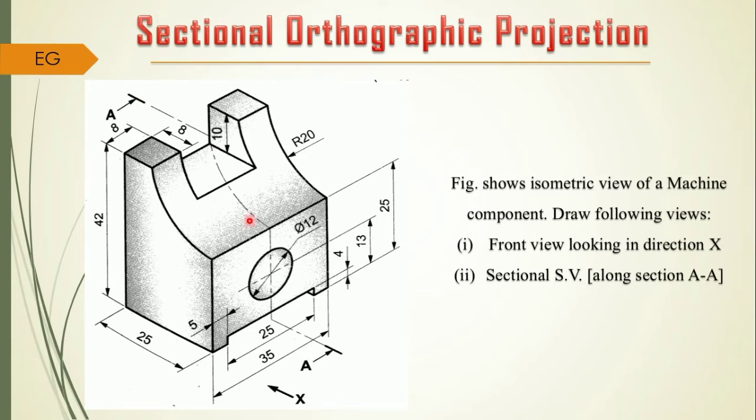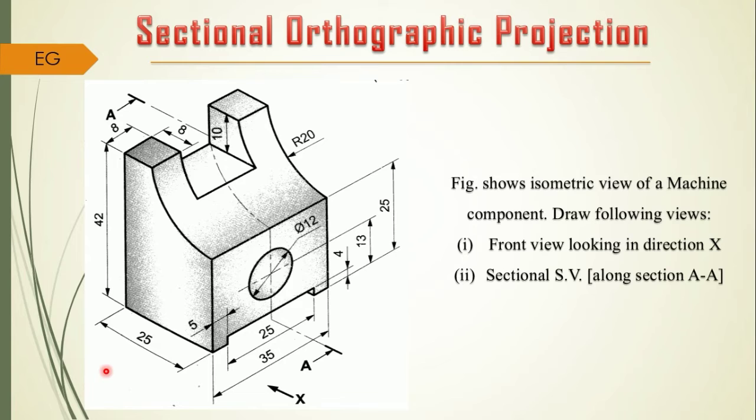So along section AA, you are going to cut the object, and then for the respective cut portion of your object, you have to construct this side view. For the side view, no arrowhead is given, but as you are constructing the top view from the right side direction of the observer, obviously from his left side you have to further construct the side view.